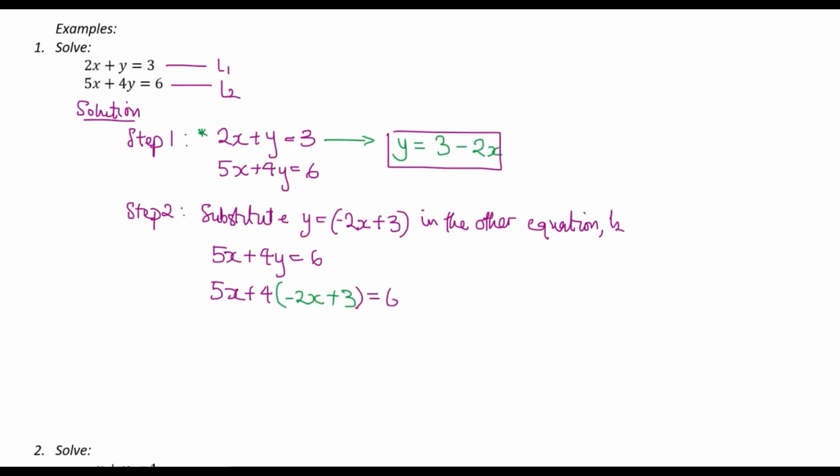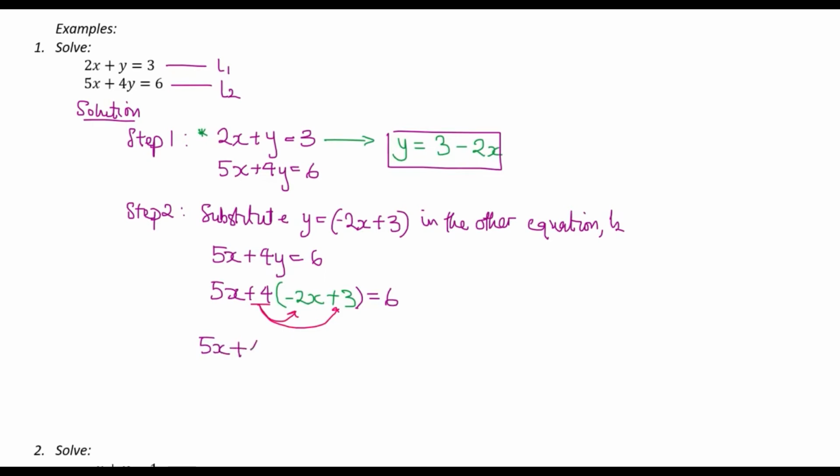So in here we're going to solve by removing the bracket, which means that we're going to perform our distribution, where our +4 will be applied to this particular variable and this particular number right there. So by distributing, we're going to have our 5x, which we're going to rewrite down, plus